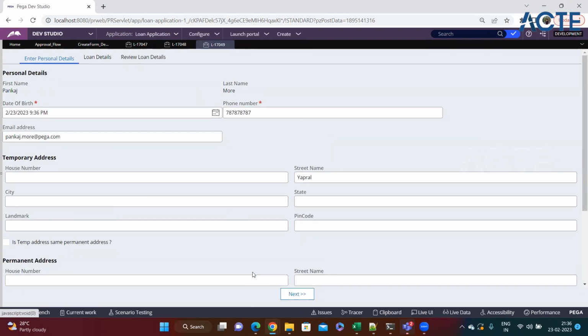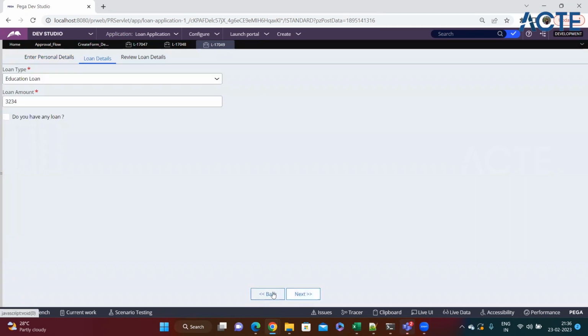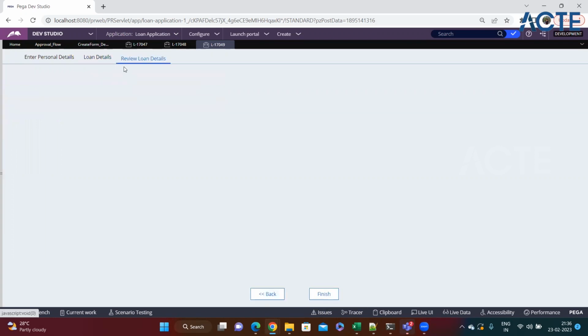All these things, basically Pega has written a visible condition for in which situation the back button should come, and in which condition the next button should be visible. And if I go to the last assignment, I mean the last screen, you can see that now there is no next button. Normally the finish button is there. So if you want to see what the section is and all these things, for your loan application and all this stuff,